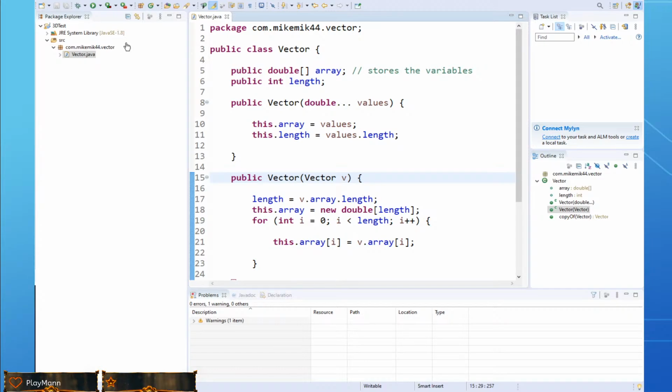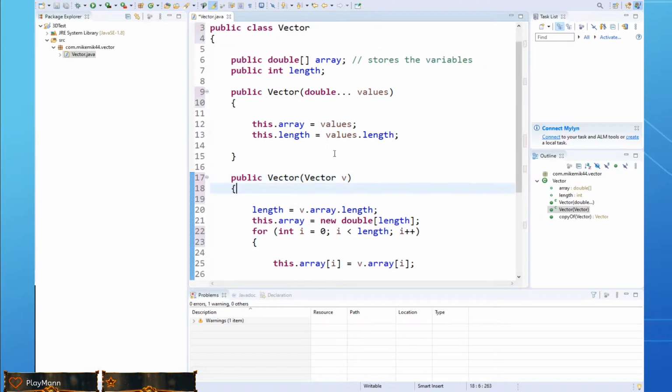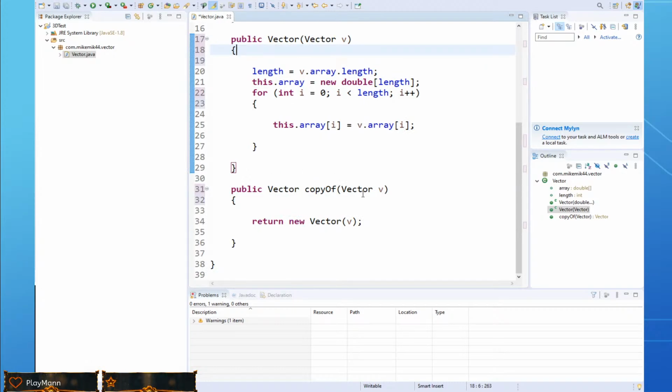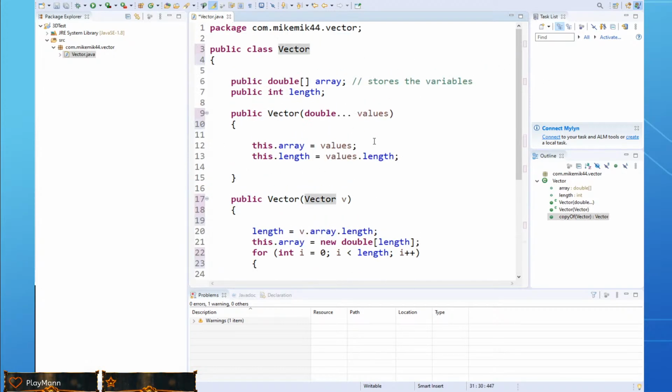And I want to give the brace positions. Sorry guys, I'm just trying to make it look better. Okay, and now if I do Control Shift, okay, good. Okay, so